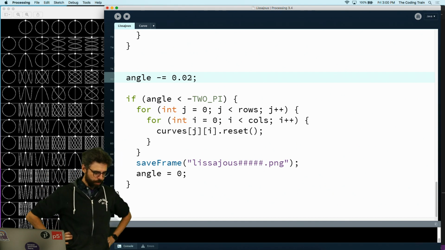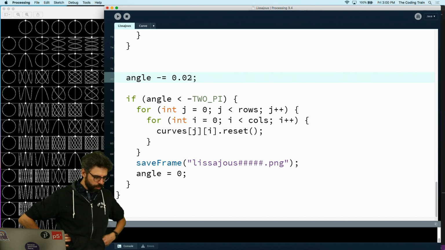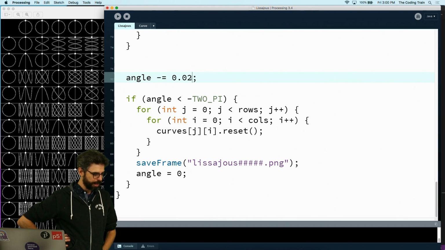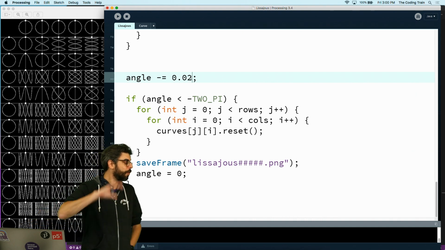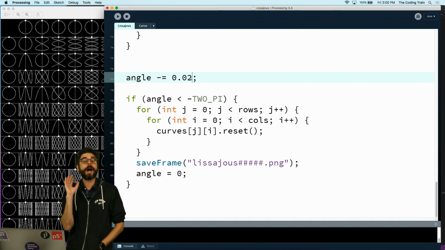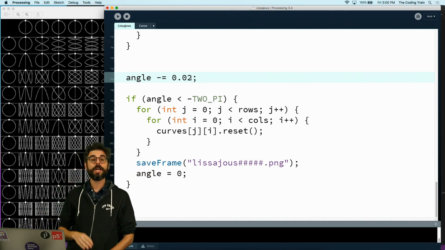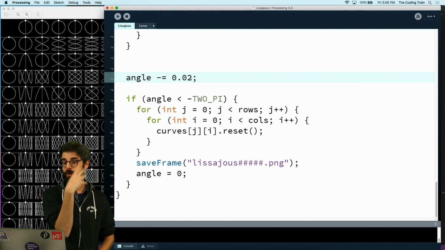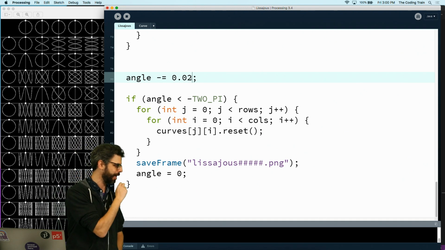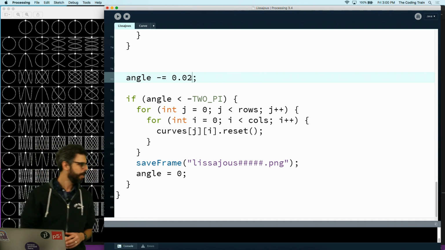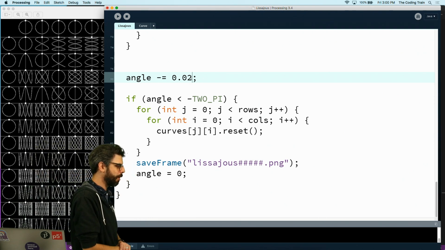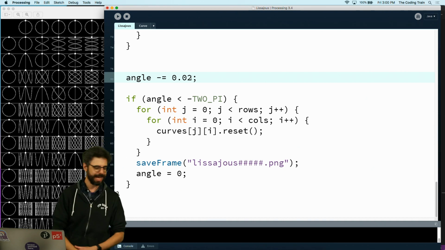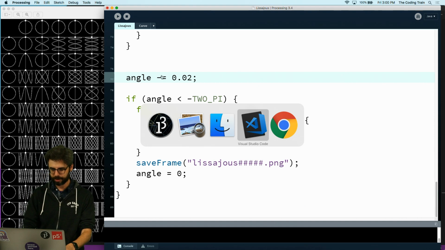Suggestion from chat: what if you do not use curves but just draw points and apply 0.9 transparency? Oh yeah, that's a nice idea. I love that suggestion. Thank you very much. I'm going to leave it to you, the viewer, to make a more beautiful or different or creative version of this. I just wanted to get the functionality down. PID errors occur when multiple Java programs are open. I wonder if I had something else open somewhere, or who knows.